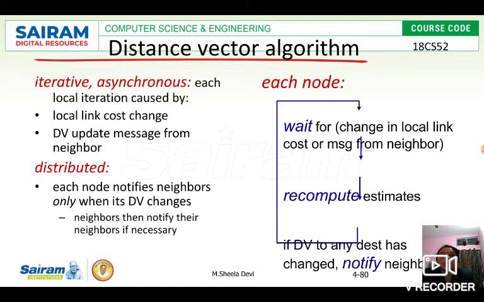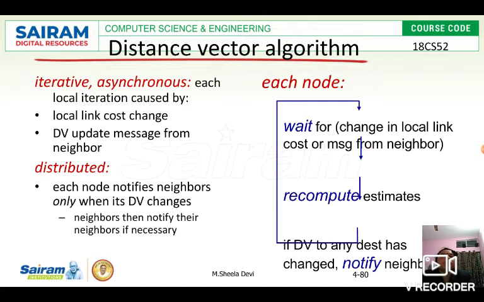So what happens at every iteration? Initially a node or a router will calculate the routing table with its direct own neighbors, and once the initial table has been calculated, all the nodes will exchange their routing table information with all their own neighbors. And if they find any minimum value or minimum cost between any two nodes, then their routing table will be updated, otherwise they are not going to update.